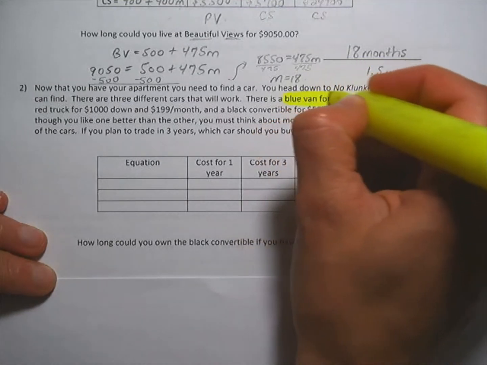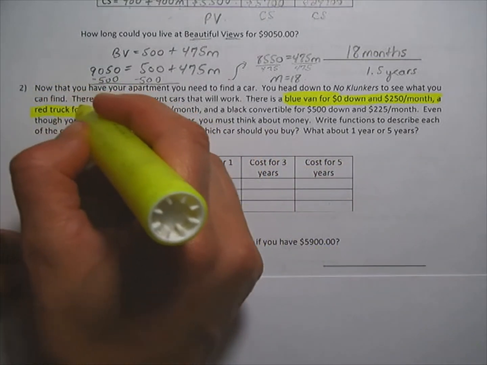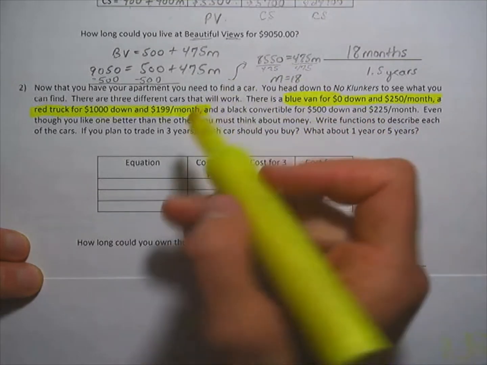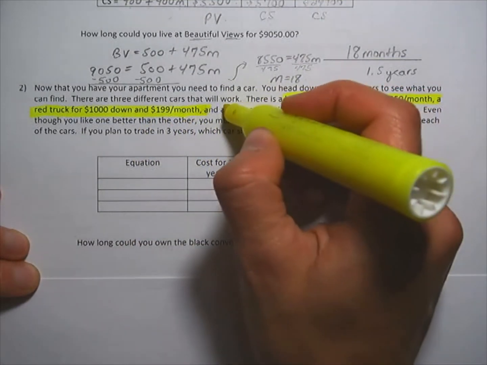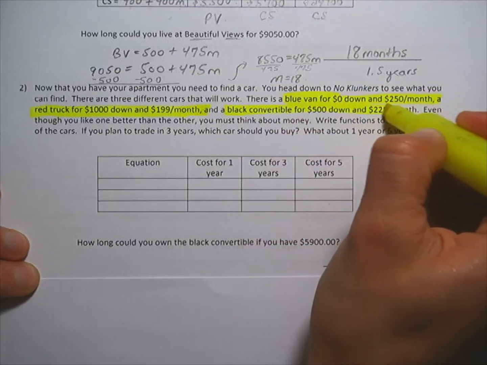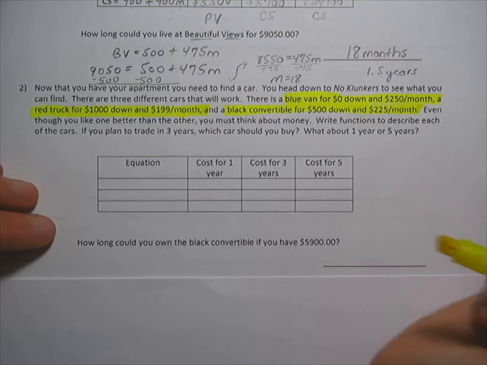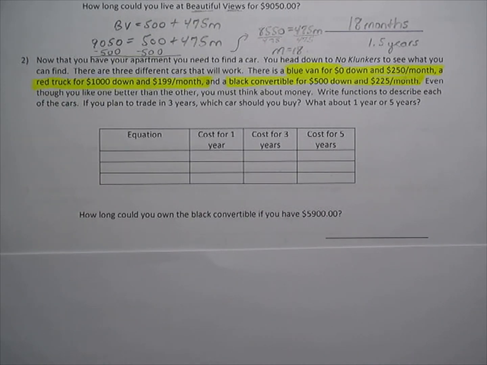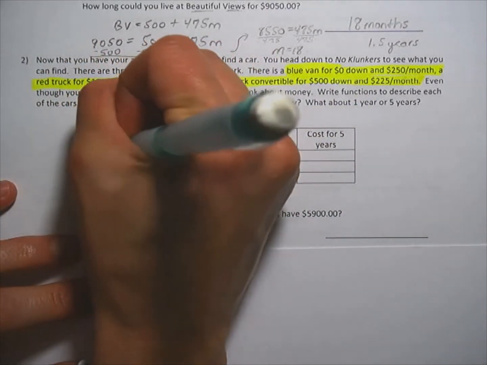You wouldn't have put any money down, but you'd have to pay $250 a month for it. With the red truck, you would have had to put $1,000 down, and you'd only have to pay $199 a month. And then for the black convertible, you would have put $500 down, and you would have paid $225 a month. Okay, so the equations, and it depends how you wrote it, but I'll just put BV for